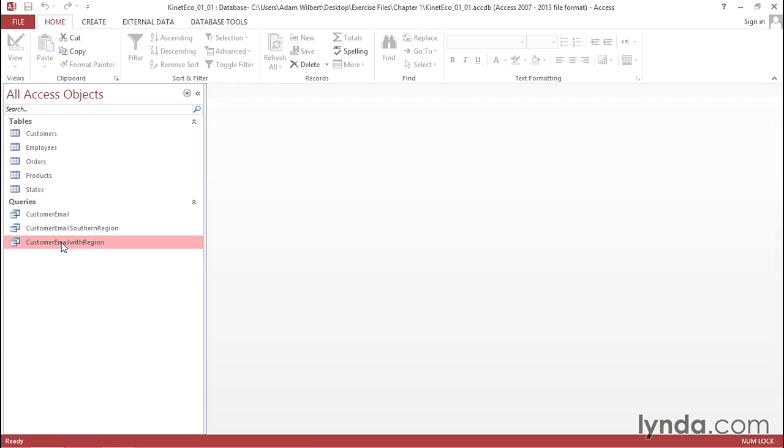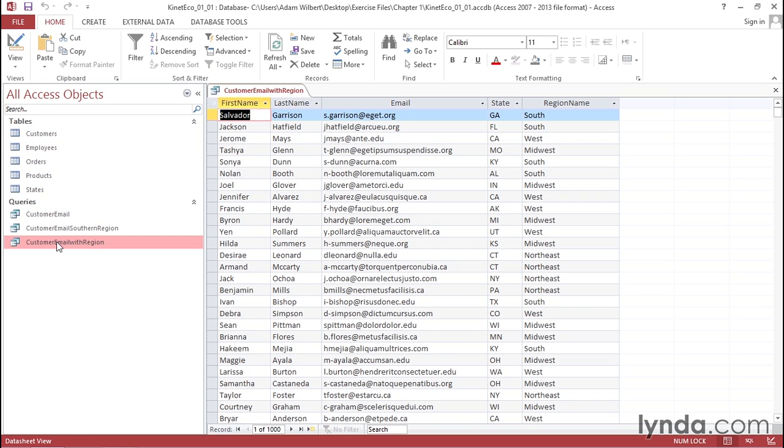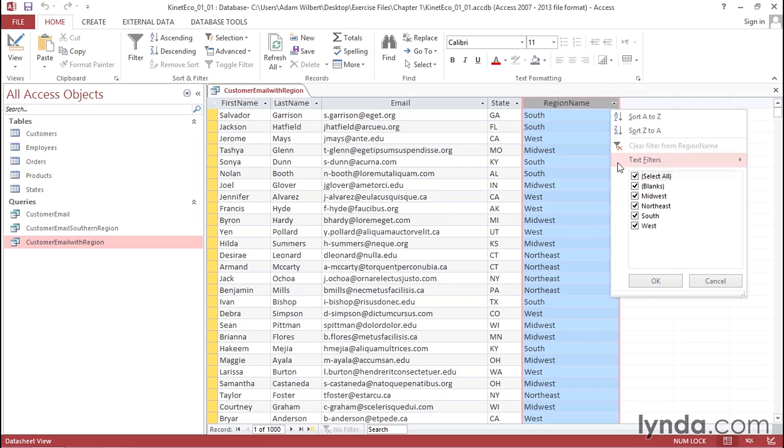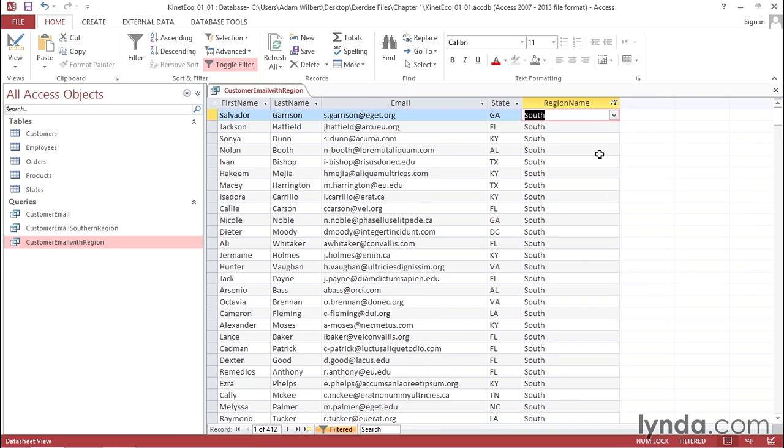Down here I have another query built called Customer Email with Region. If I double click on it to open it, you'll see that I have the same 1,000 customers by looking down here at the bottom. I have my first name and last name for my customer and the email address that we saw earlier. But I'm also pulling out the related state information from the customers table and the related region name information for each state that comes from the states table. Now, if I wanted to just target the southern region of the United States, I could click on the downward pointing arrow and just do a text filter to just the southern states. When I press OK, you can see in my query results update, I can see the 412 customers that live